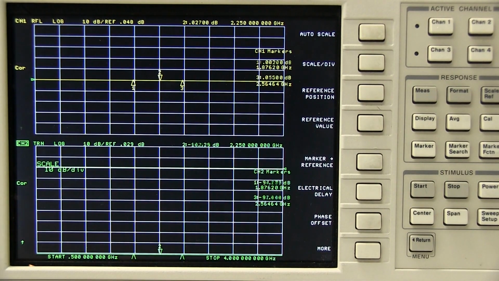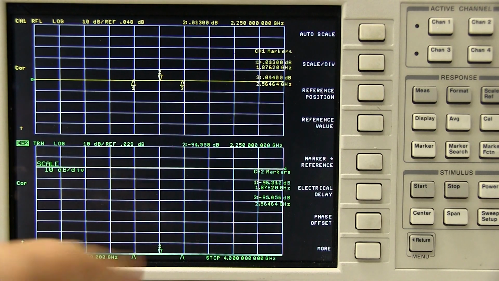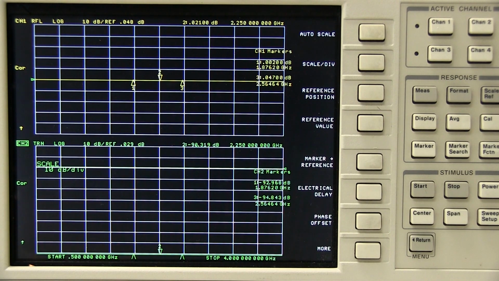So in addition to the bandwidth that I talked about and setting your markers, the scale of each channel has to be taken into consideration. Right now I'm set for 10 dB per division, so each of these rectangular markers, graticules, the space in between each is 10 dB. You can set it for lower, 5 to 1, we'll see the effects of that later, or higher, I think up to like 50, 100 dB. Well, 100's a little excessive, but